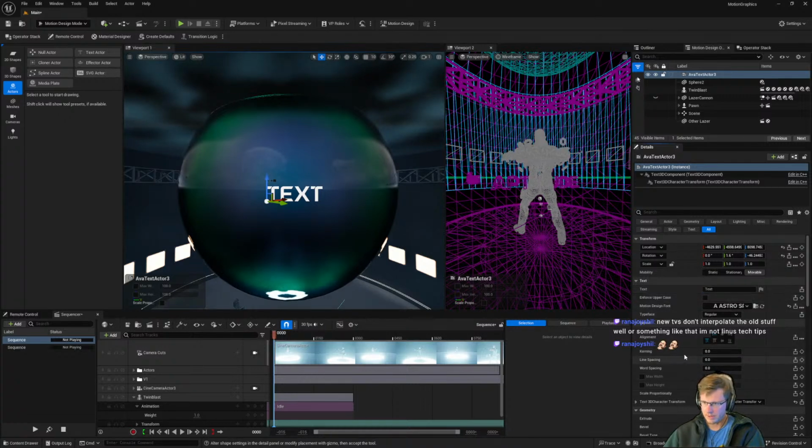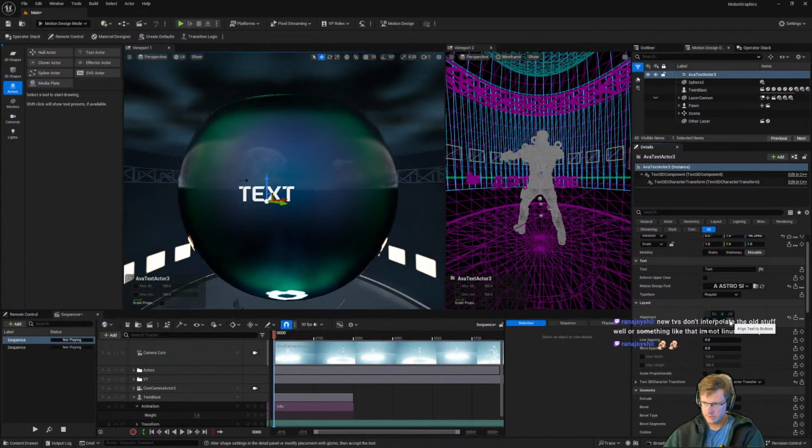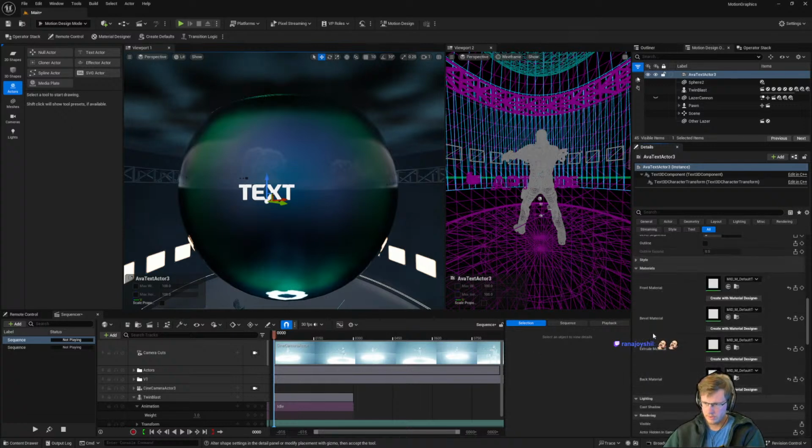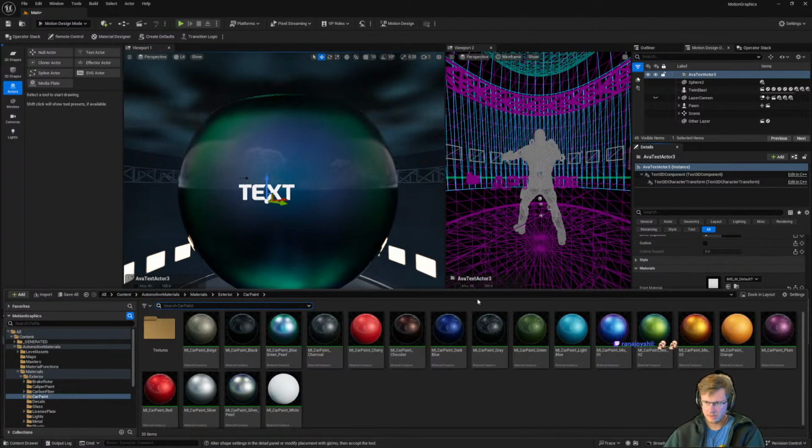And then you center it so that the pivot point is in a good place. And you extrude it. And you bevel it. You load up the text with your materials.